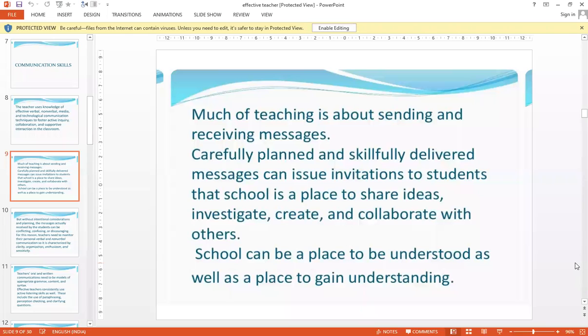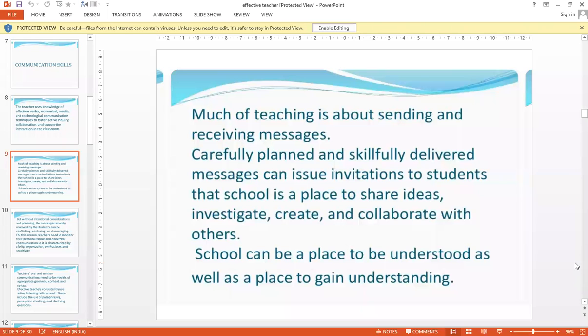It creates competition, and it also helps the students reflect on how their own work can be improved. So this is what it is all about: sending and receiving messages. Whatever we impart, the students use it, they produce it, they use it in analyzing their work, and it also helps them achieve their dreams.